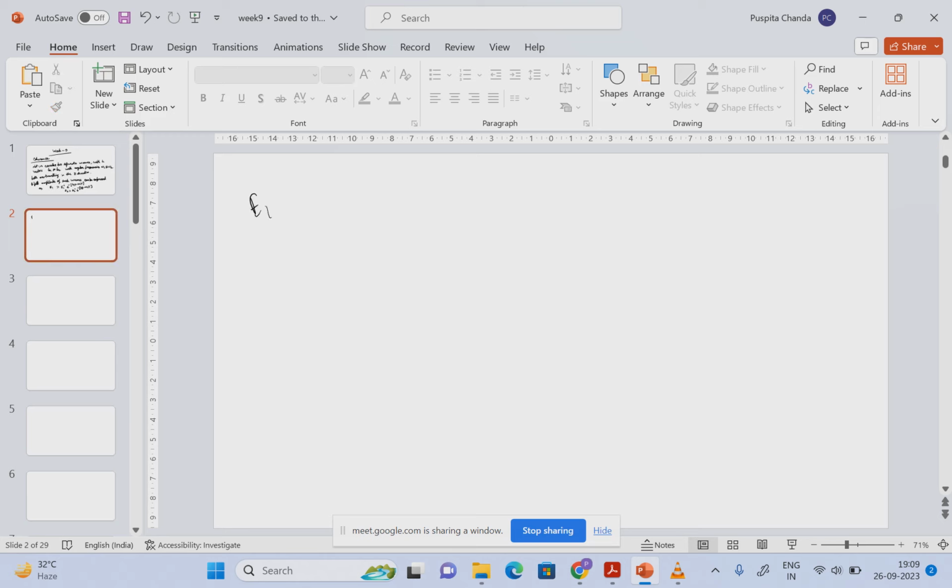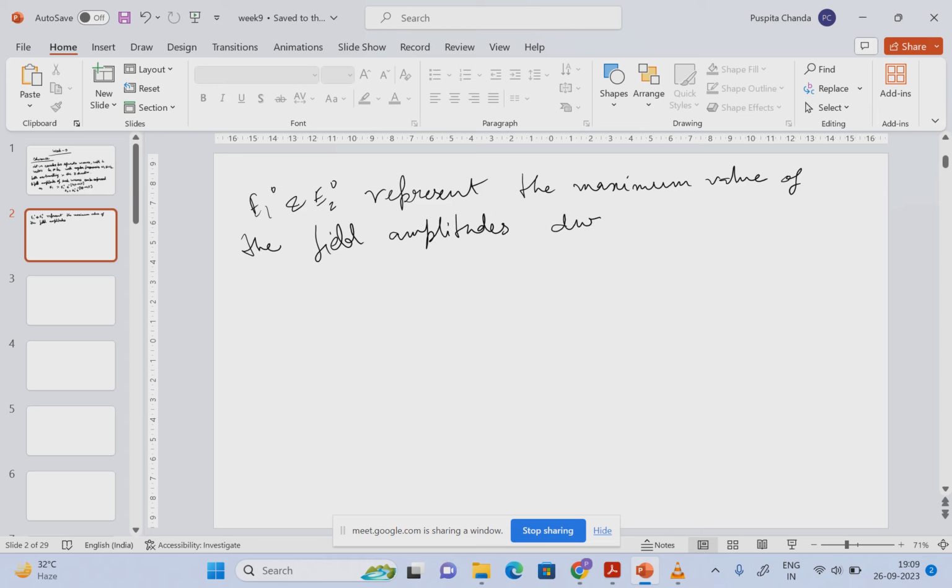So E1 naught and E2 naught represent the maximum value of the field amplitudes during their oscillating cycle. Okay. So the two waves are to be closely located in space so that the combined E